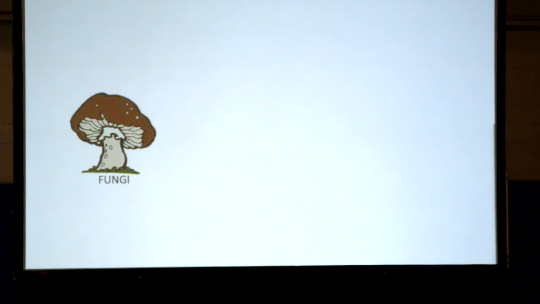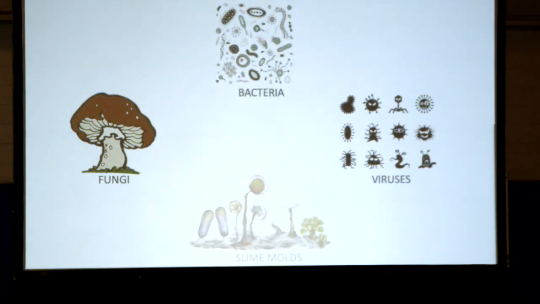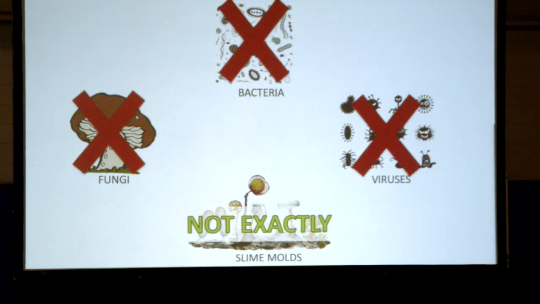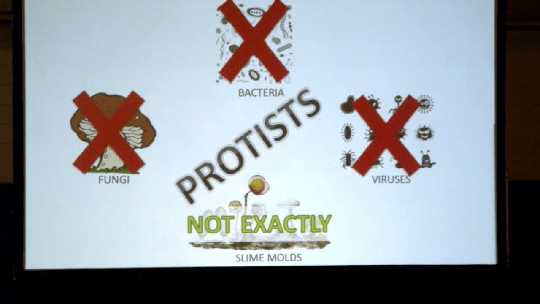So the pathogen that causes clubroot is an interesting one, and I want to just point out a couple of things that make it unique. So probably most of you are aware that fungi can cause disease on plants, bacteria, viruses, and some of you are probably even aware that there are slime molds in the environment that decompose litter. So where does the clubroot pathogen fit? Well, it doesn't. It's not really any one of these, but it has characteristics of the fungi, the bacteria, and the slime molds. It's a protist, and some of its characteristics are the reasons why it's difficult to manage, because it's not like any of these others.